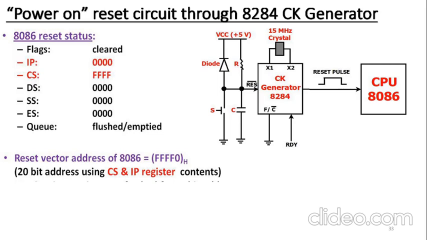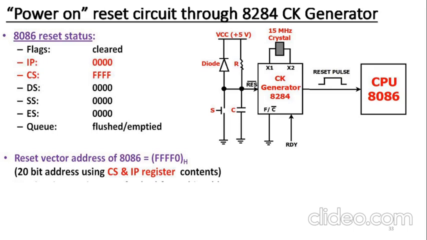So that clock generator will be giving a reset pulse at the output, and this reset pulse is given to the processor. Now what happens as time passes? As time passes, the capacitor starts charging through the resistor R, and the charging current from VCC through the resistor and capacitor reaches the ground. From top to bottom that current flows. The capacitor starts charging with upper plate positive and lower plate negative.